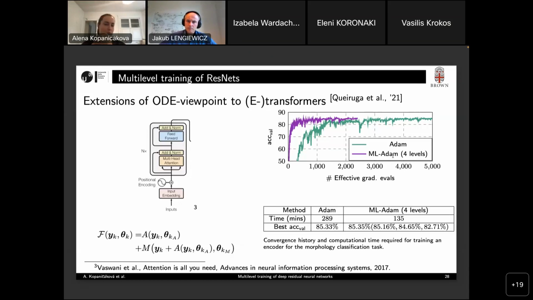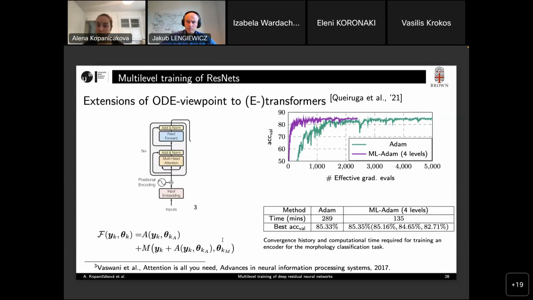As probably everybody here knows, transformers are state-of-the-art network architectures which are used in natural language processing, and recently it has been shown that they can also be interpreted as forward Euler discretization of some ODE, where these residual blocks are now way much more complex. They consist of some attention mechanism, which is some nonlinear transformation, followed by some small feed-forward network, and there are also some internal shortcut connections. So these residual blocks are way much more complex, but nevertheless, we can use the dynamical system viewpoint to build some